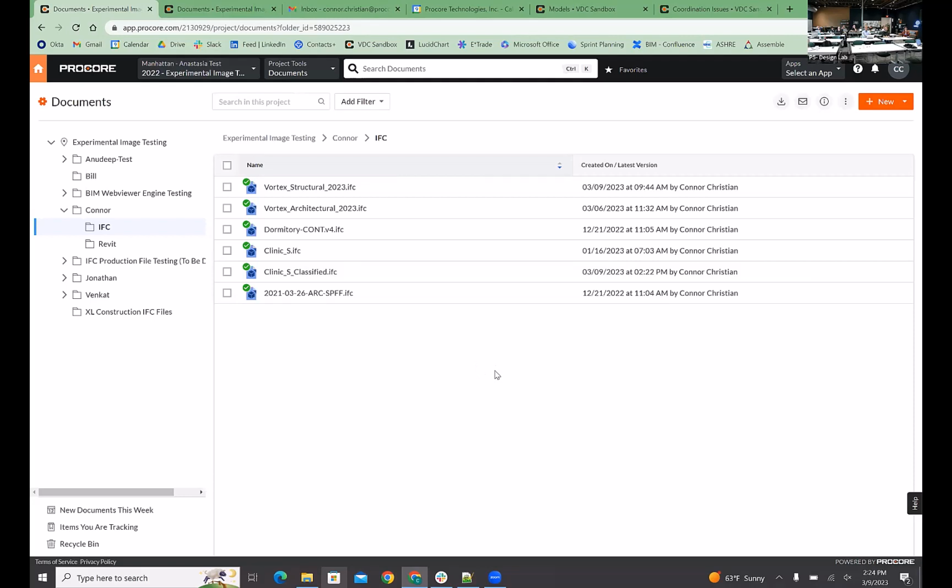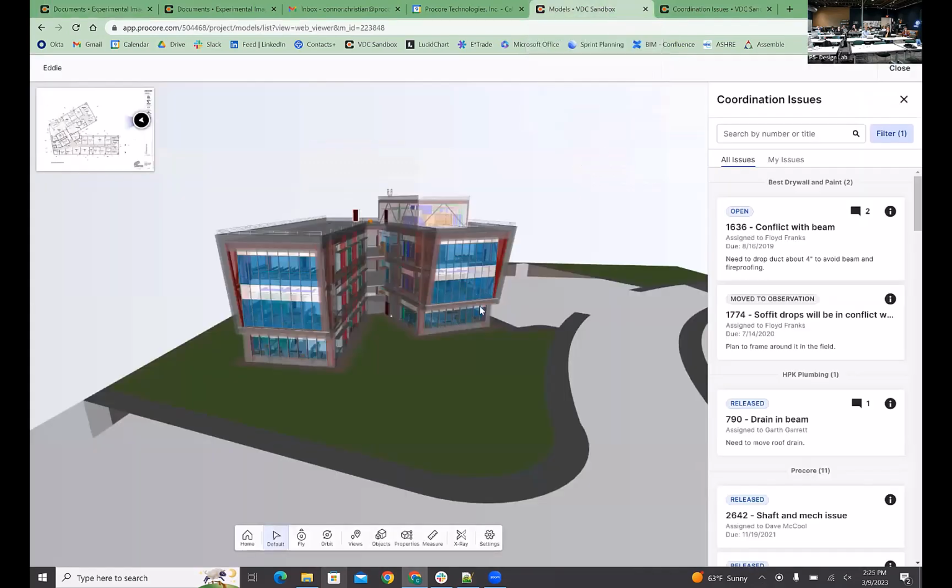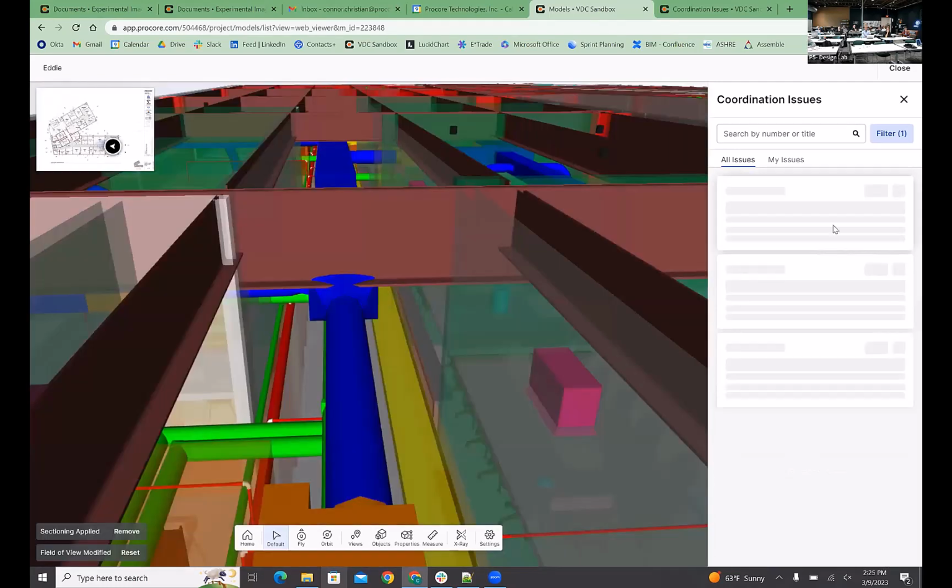And just because it's in here and we're showing, not only do we support IFC, but we also do support export BCF. So this is our typical models tool. You can see, again, it has a little more bells and whistles than that simplified viewer. It's got this little thing in the corner here that allows us to navigate. It's got the coordination issues over here that allow us to go and look at things like this conflict in